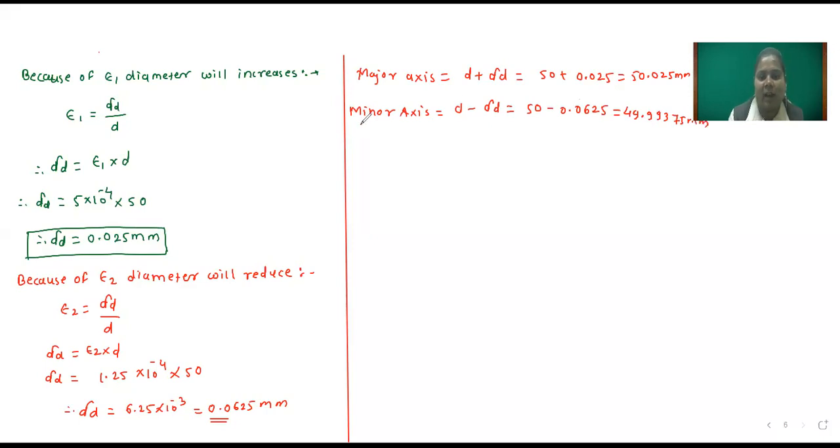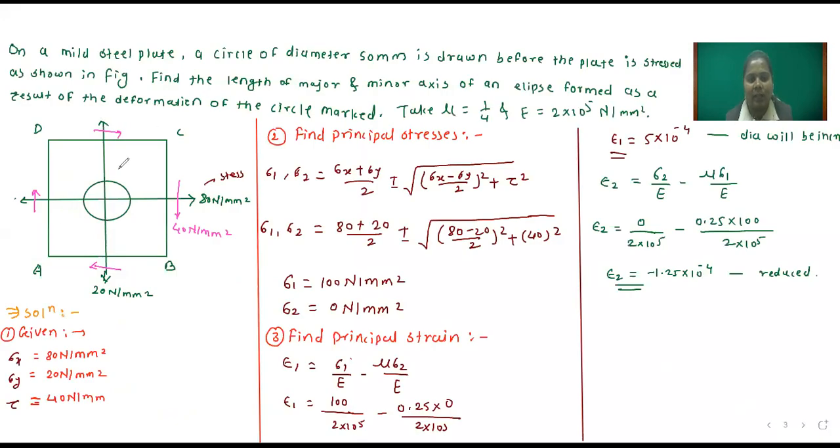This is the final answer: the minor axis length and the major axis length after stress. Whenever we apply stress on that plate, the diameter will increase along the major axis and reduce along the minor axis. So the final length of the major axis is 50.025 mm